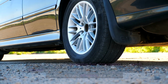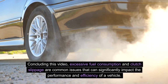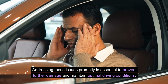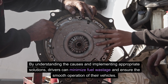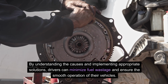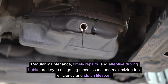transmission system. Concluding this video, excessive fuel consumption and clutch slippage are common issues that can significantly impact the performance and efficiency of a vehicle. Addressing these issues promptly is essential to prevent further damage and maintain optimal driving conditions. By understanding the causes and implementing appropriate solutions, drivers can minimize fuel wastage and ensure the smooth operation of their vehicles. Regular maintenance, timely repairs, and attentive driving habits are key to mitigating these issues and maximizing fuel efficiency and